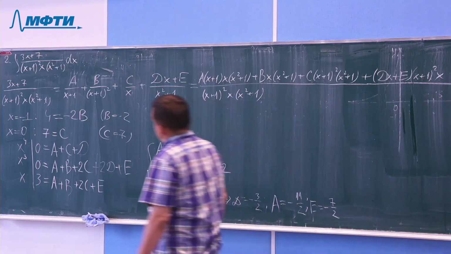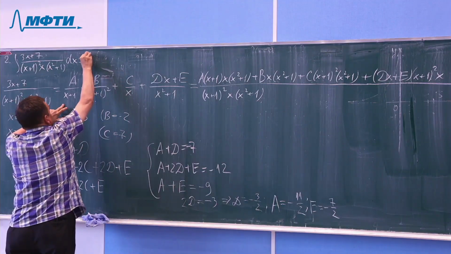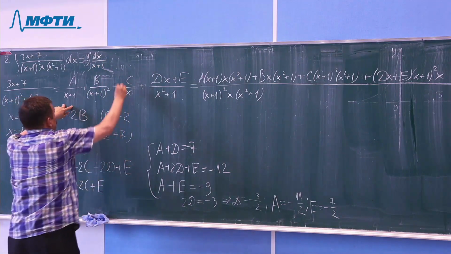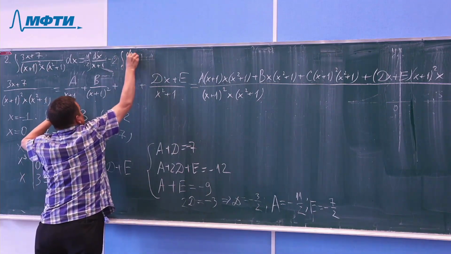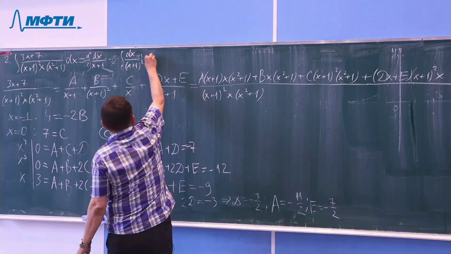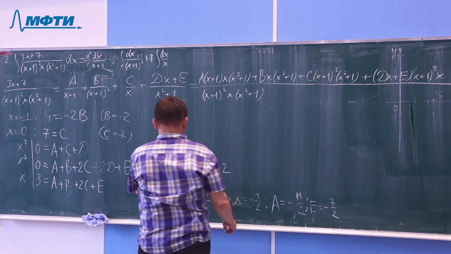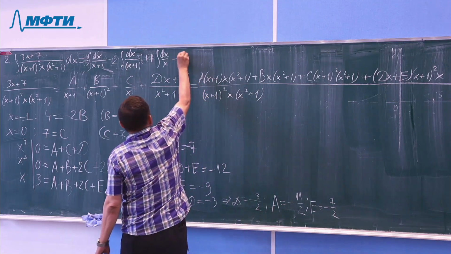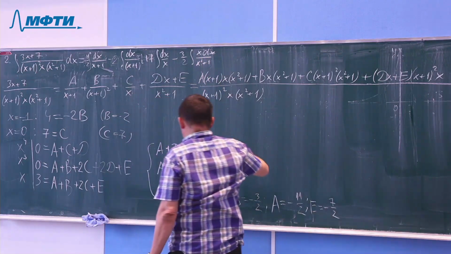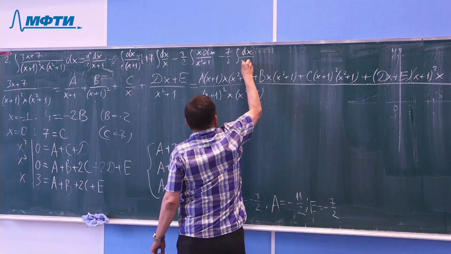So our integral is equal to the integral of minus 11 over 2 dx over x plus 1, minus 2 integrals dx over (x plus 1) squared, plus 7 integrals dx over x, and d is minus 3 over 2, so minus 3 over 2 integral x dx over x squared plus 1, and lastly e is minus 7 over 2, minus 7 over 2 integral dx over x squared plus 1,